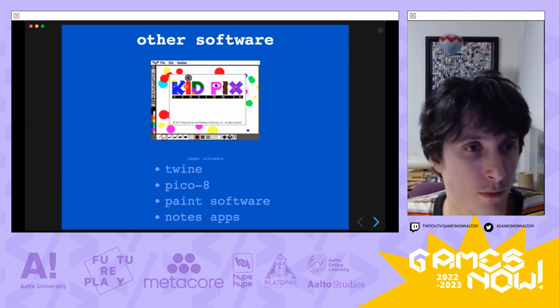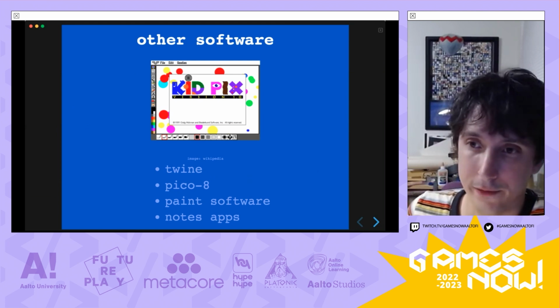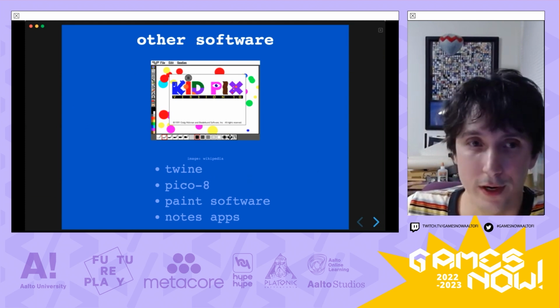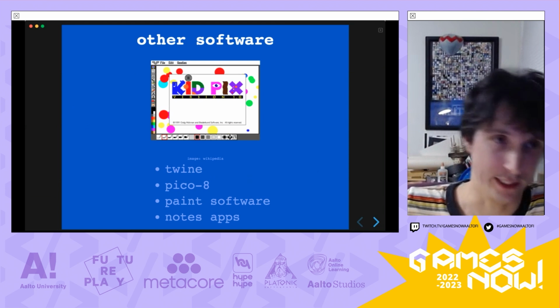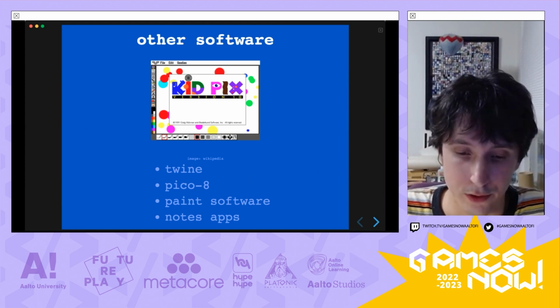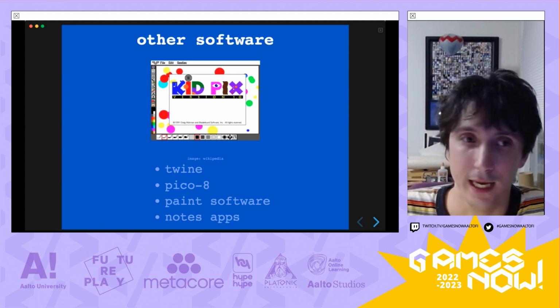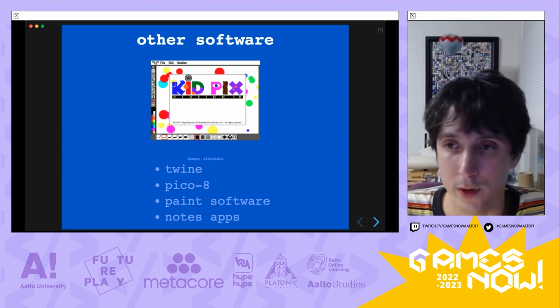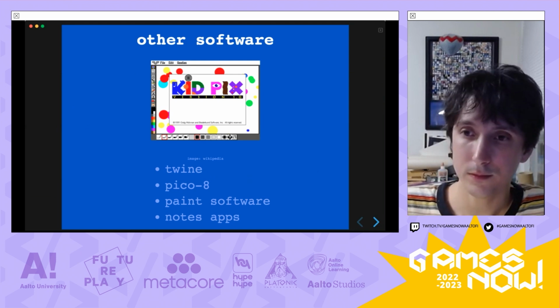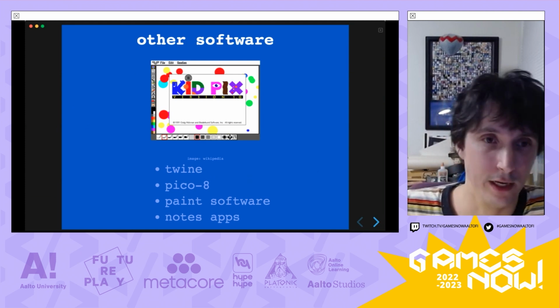And beyond game software, I've always been fond of playful drawing software, such as KidPix, which is a paint program that was a favorite for me as a kid. And also, as I mentioned before, notes apps, and the way that they are ubiquitous and always there for you to take notes, jot down ideas